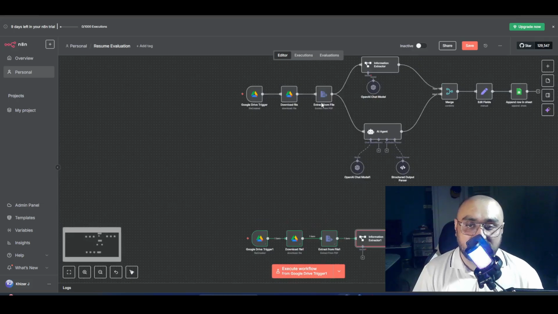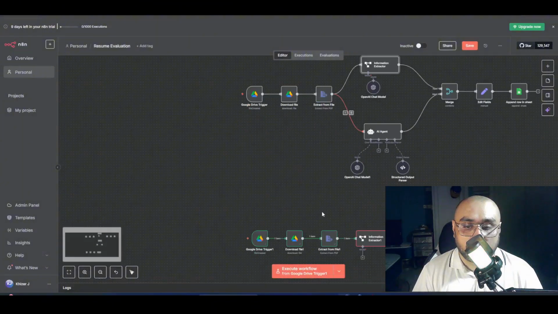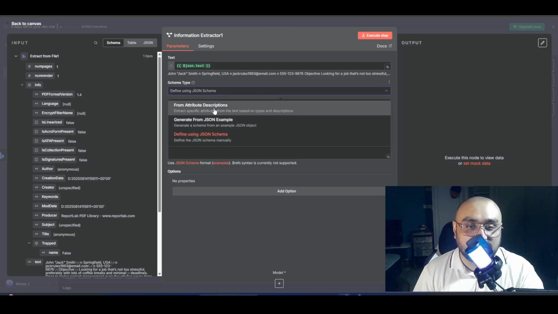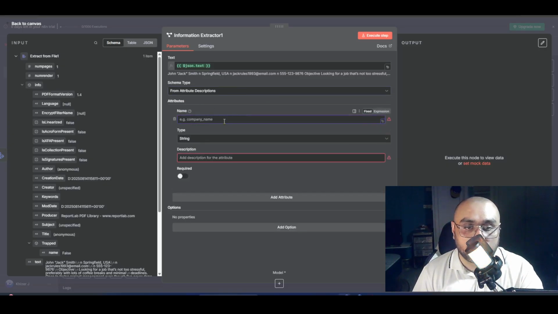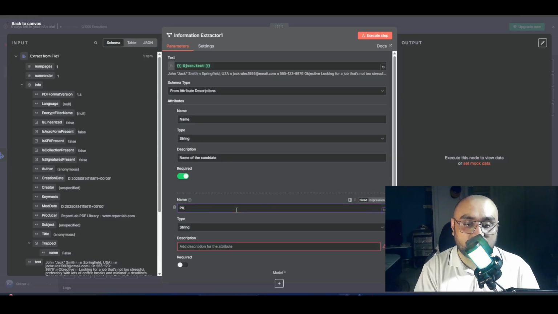While I was creating this, so we don't really have to use the JSON schema over here. We can go ahead and add attributes to this whole thing. The attributes that we want are name, email, and phone number. So name, this is a string, and this is the name of the candidate. This is required, and we add another attribute over here, which is phone number,